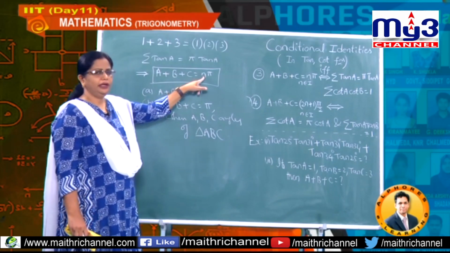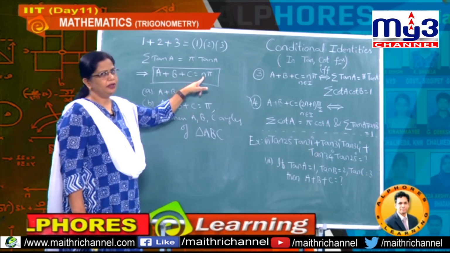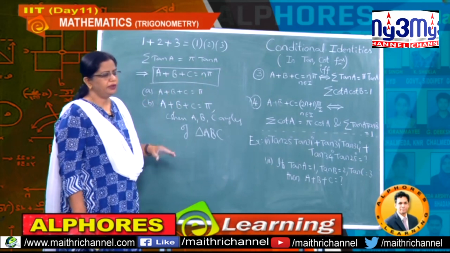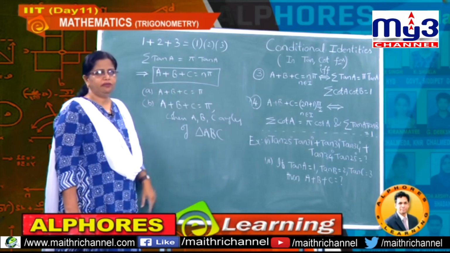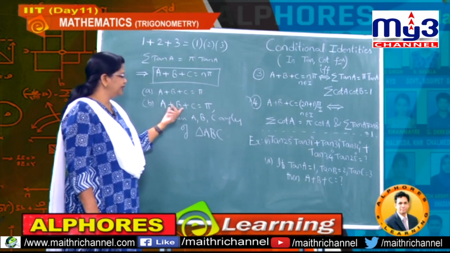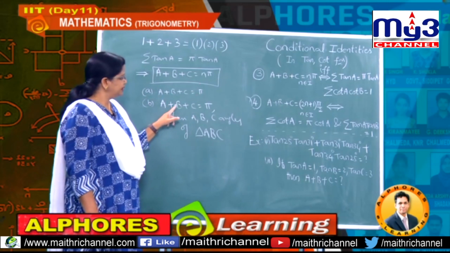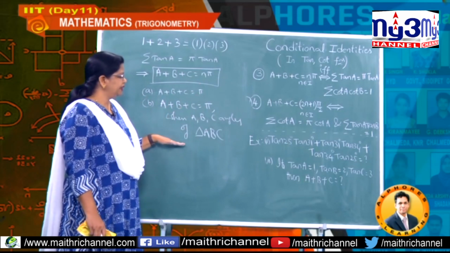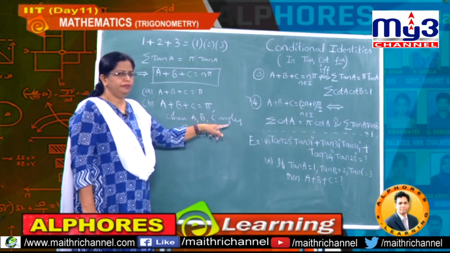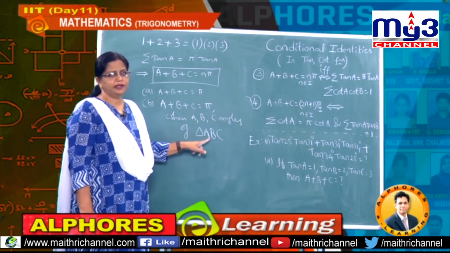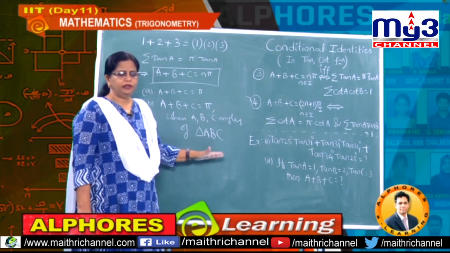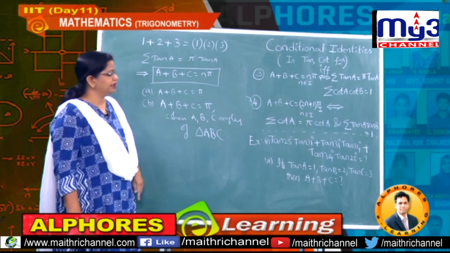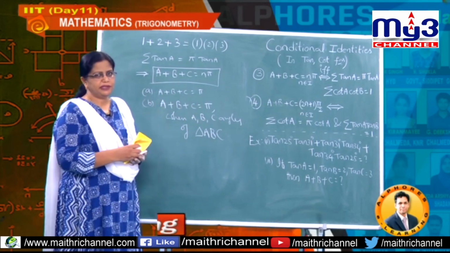N can be any integer, understand, positive or negative. So no doubt option A is 100% right. N value we have taken 1. And what about the second option? Here also they said the sum of the angles is pi, no doubt at all. But what extra did they give in the condition? When ABC are angles of triangle ABC. Now my question is, is this second option right or wrong?